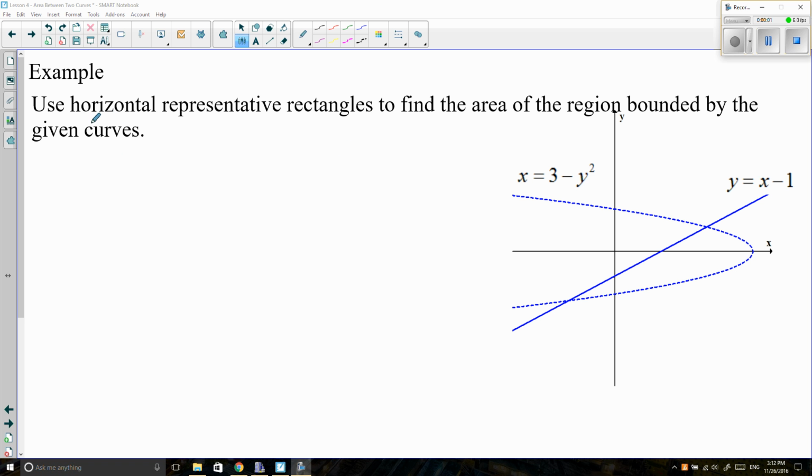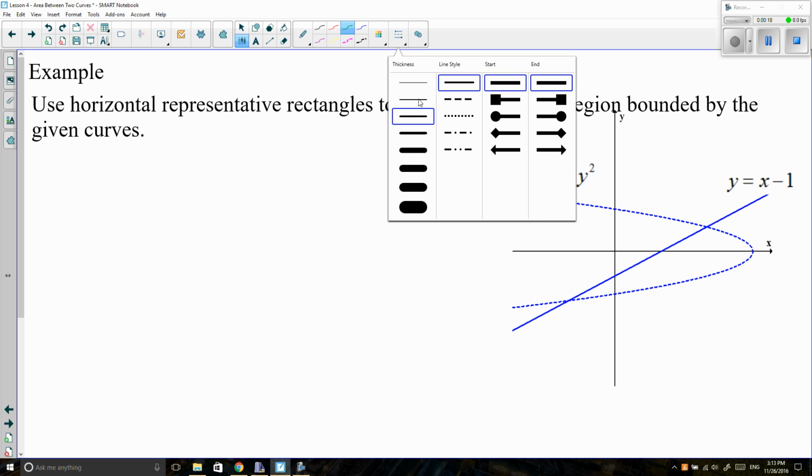Okay, so in this question, we want to use horizontal rectangles to find the area bounded by these two curves. So we want to find out what is this area in between them, which is this area right here. Okay, so finding this area, the reason why I want to use horizontal representation of rectangles here is because if